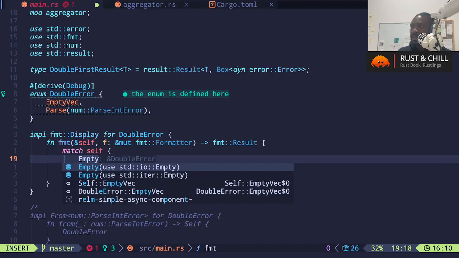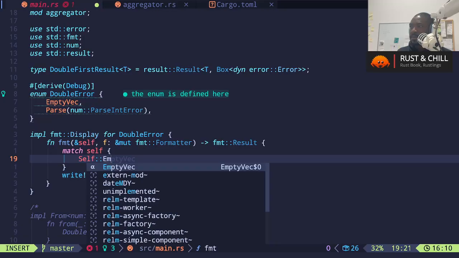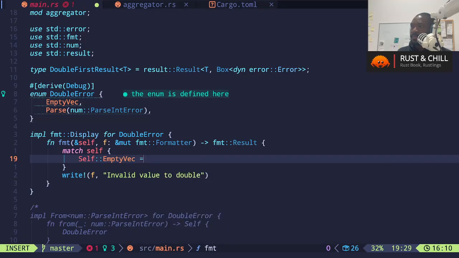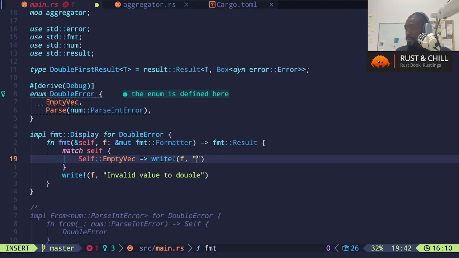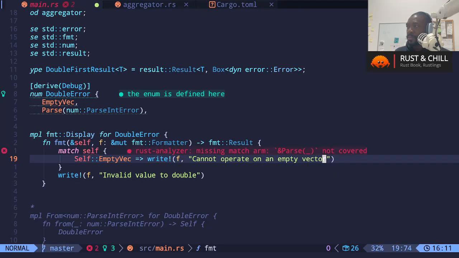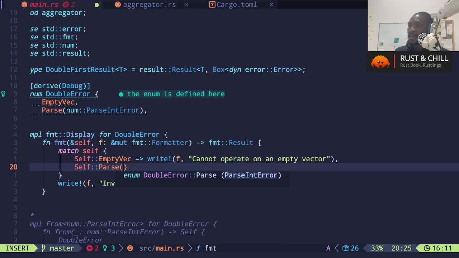If it's an empty vec, then we can say that, and if it's a parse of whatever,